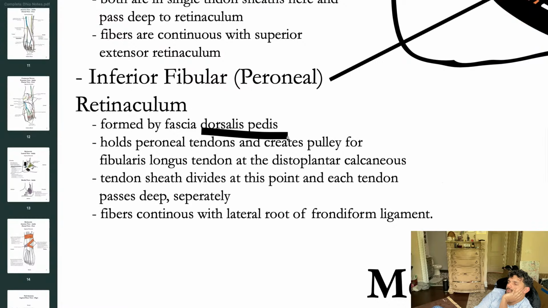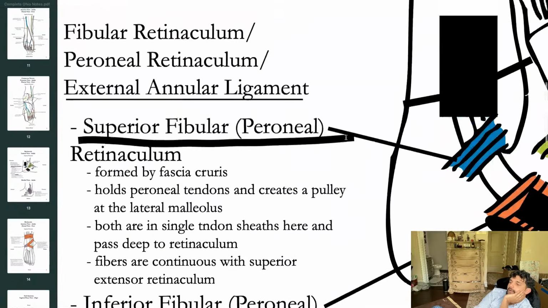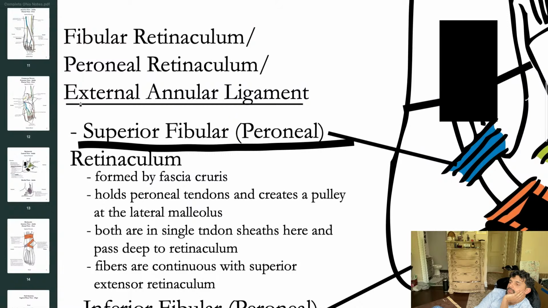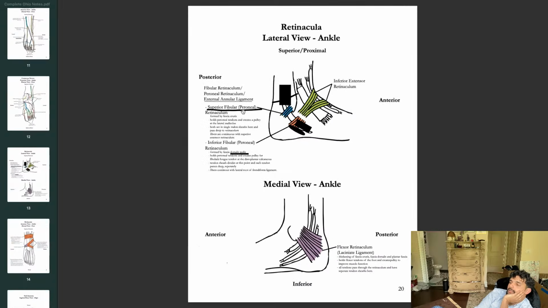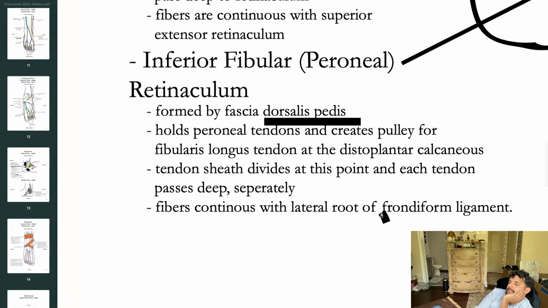Just call it the dorsal fascia of the foot. I mean, it does not need to be fancy. No one cares. It does hold them down, because if you didn't have these retinacula, the tendons would just be loose and floppy, right? That's really the point of these retinacula. I have never heard it called the extensor annular ligament, but just know, Ohio Notes is good. Also, yes, I actually have heard it called the fundiform ligament. I thought it was called the fundiform, but